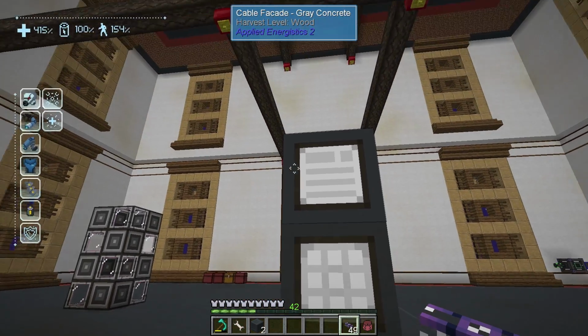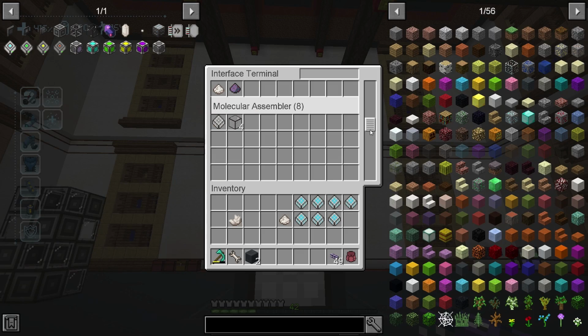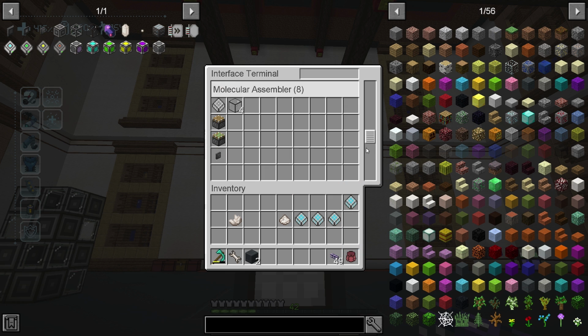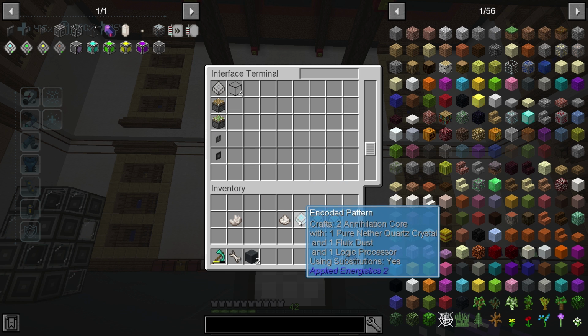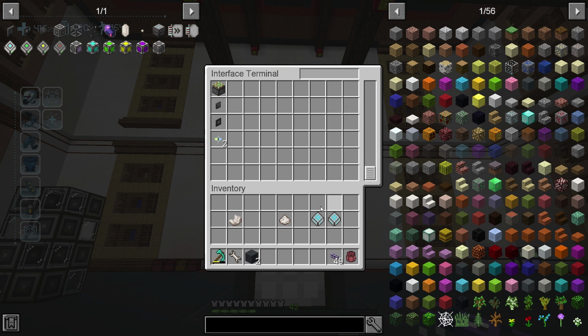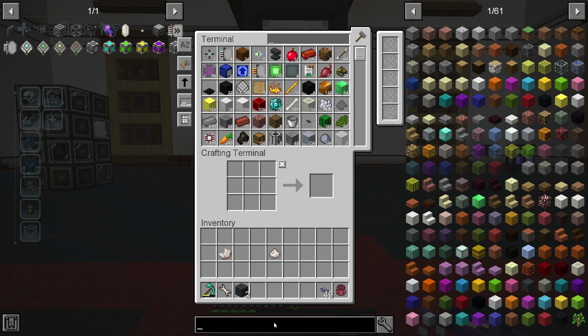So that's good there. Now we should be able to take all those recipes now, throw them into here, right? So I could just go down, down, down. Let's just keep going down here. Throw one in a different molecular assembler. Like I said, it just makes it a little quicker. There we go. And now we should be able to go ahead and say if I want an interface,